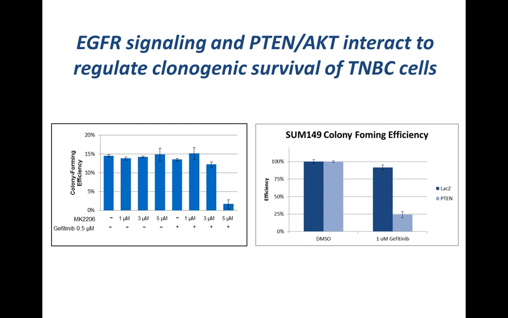And if we give this MK drug, now the direct AKT attack drug at 1 micromolar, it doesn't have any effect. Even MK at 5 micromolar, which is enough to eliminate the AKT3 phosphorylation, is not effective at decreasing colony-forming ability. But when we combine gefitinib with the higher concentration of MK, now we can really begin to knock out the clonogenic potential of these cells. Now we're getting some real cell killing, sort of a tenfold decrease in clonogenic potential.